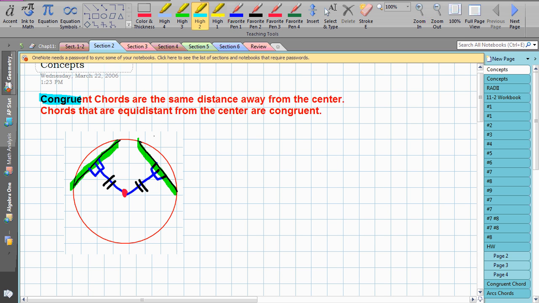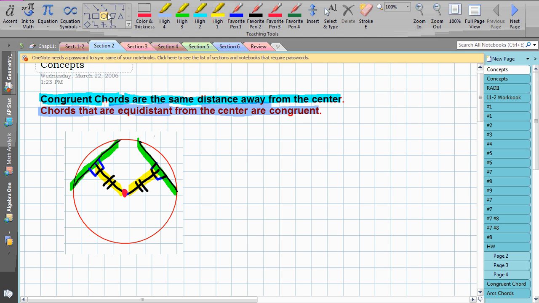Well, this theorem says, look, if you got congruent chords, then guess what? They're going to be the same distance away from the center. And that's what this is saying here. If these two green chords are congruent, then the distances from the center are going to be the same. And the converse is true. What's the converse? The converse says, look, if the chords are the same distance away from the center, then the